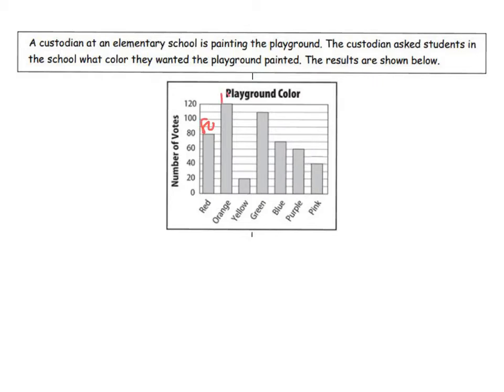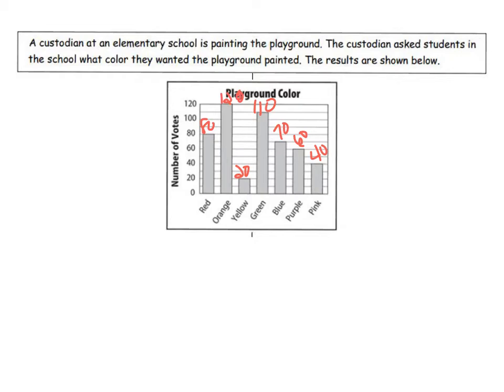orange is 120, yellow is 20, green is 110. Blue is 70. Purple is 60. And pink will be 40. Okay. So now that we know that, basically when we're looking for percent,